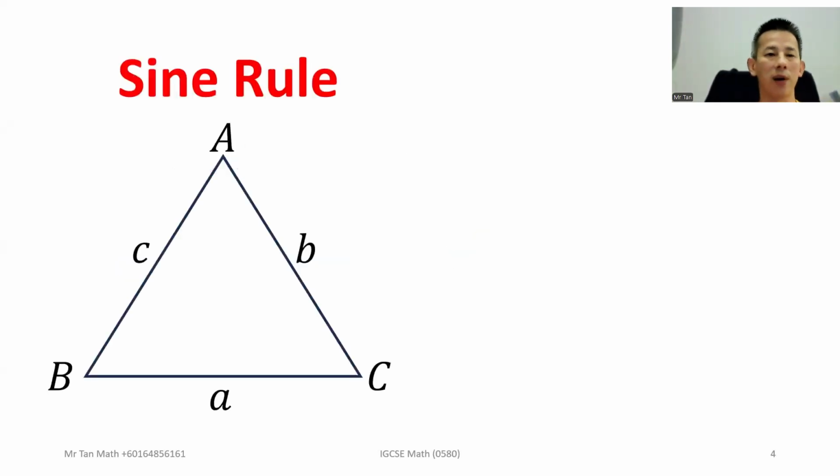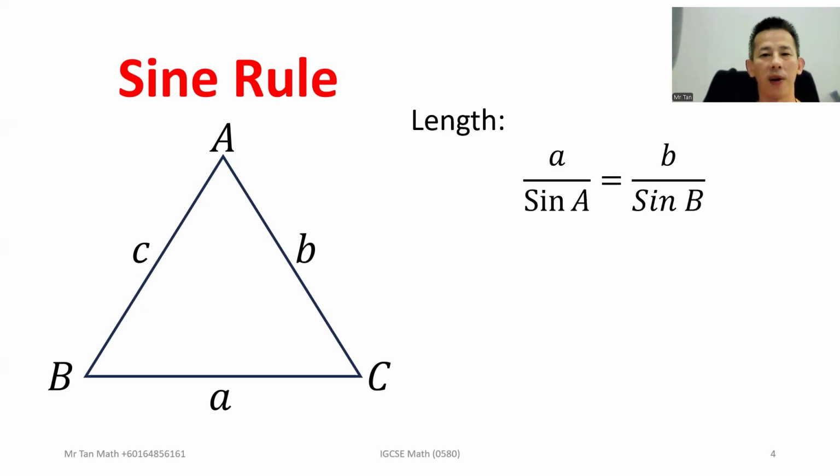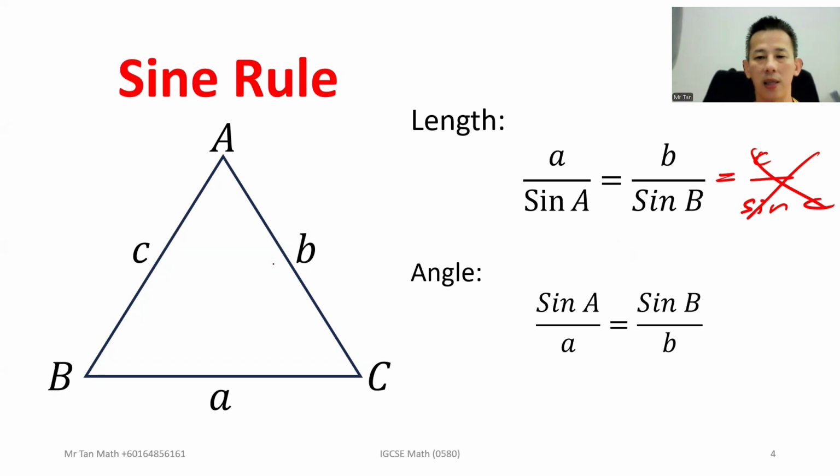Okay, now look at sine rules. When you look at the formula to find the length, where it's a over sine A and b over sine B, you just ignore the c, because for sine rules, we only need 2 out of the 3. Ignore the c. And the formula to find angle, we will use sine A over a equal to sine